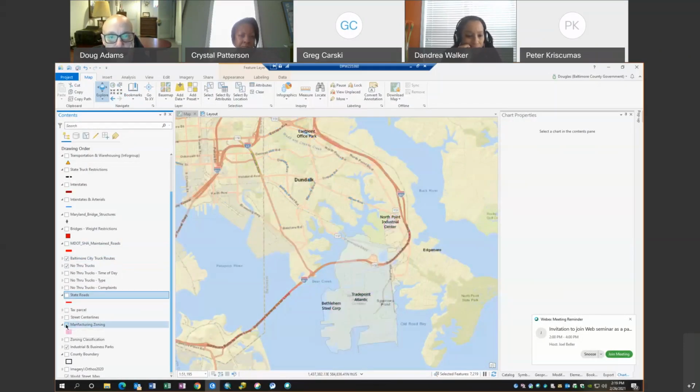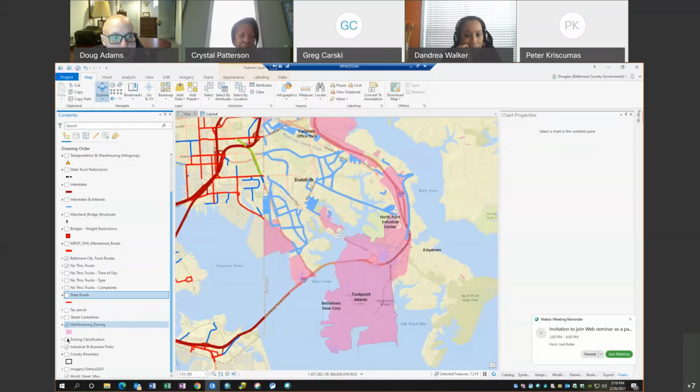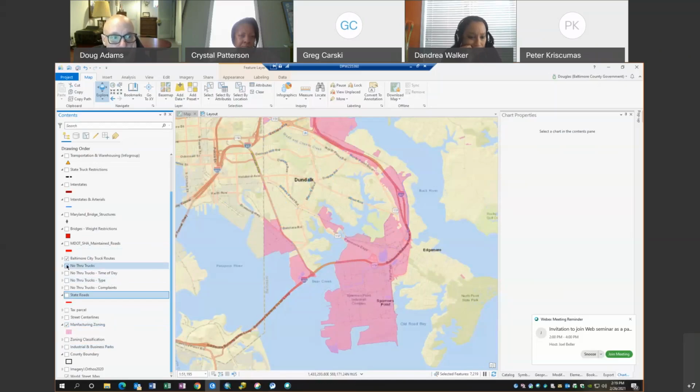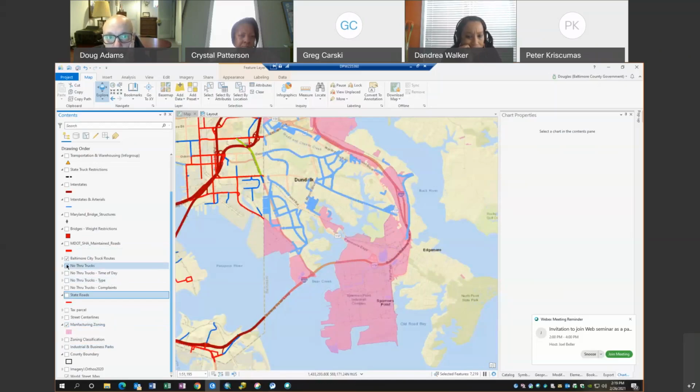I'm showing the manufacturing zoning that shows the areas of interest that we've got. And then what I've also got turned on is the no through trucks layer for the areas in Baltimore County where there's a restriction in place.